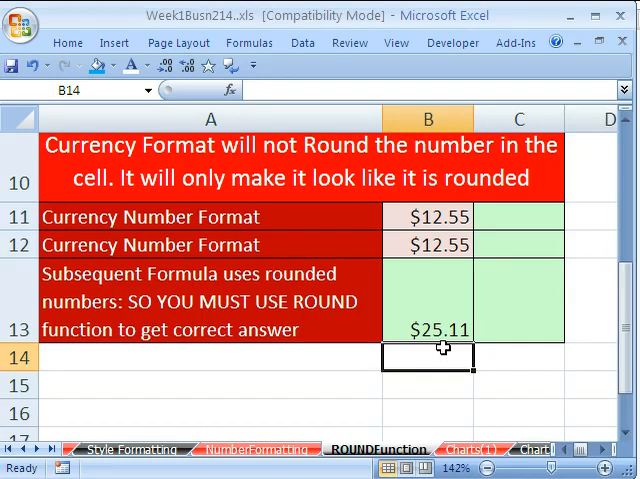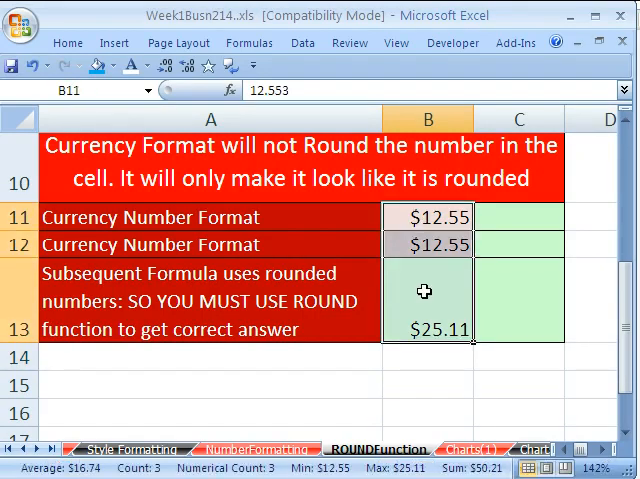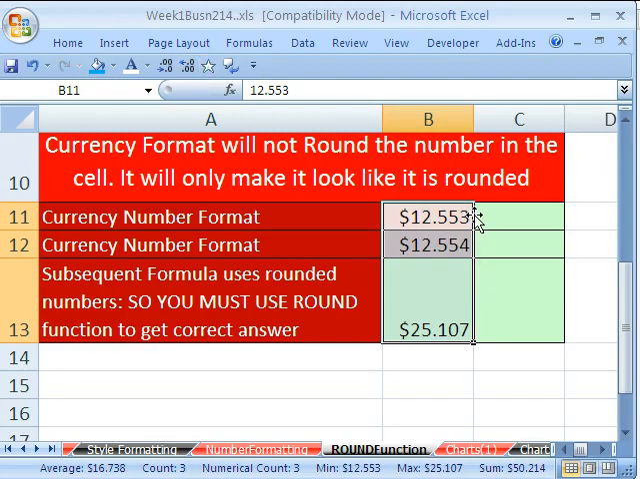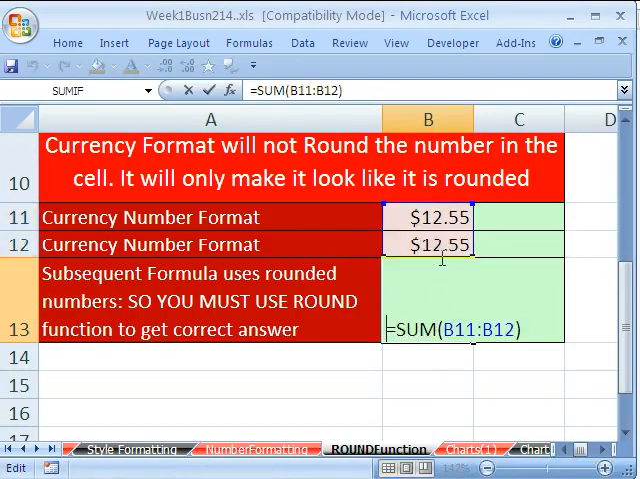We're getting tricked by formatting. If you increase the decimals here, you can see that there was a 3 and a 4 hanging out there. When we formatted it, it just made it look like it was rounded. Now I'm going to Control Z. Look, it looks like it's rounded, but here's the rule. When you have some unrounded numbers in cells or from formulas, if you're going to make a subsequent calculation